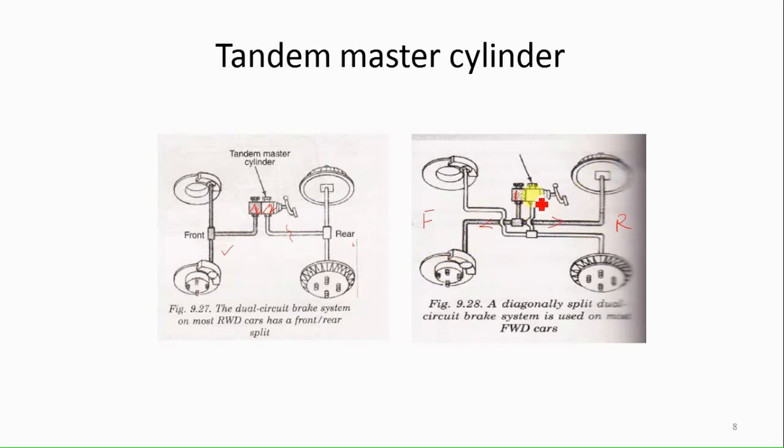And this braking line, the chamber number 2, operates the other front wheel and the other rear wheel. So if any of the lines fails or gets damaged, in that case one wheel of the front and one wheel of the rear will still be operated properly, and the brakes are applied through these front wheels and rear wheels. So the chances of accidents get reduced.